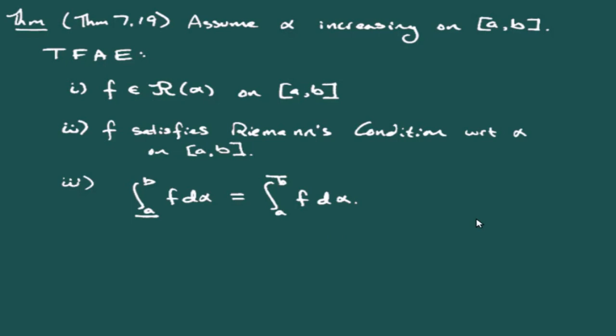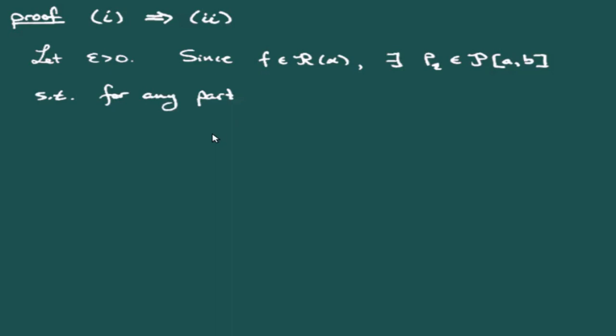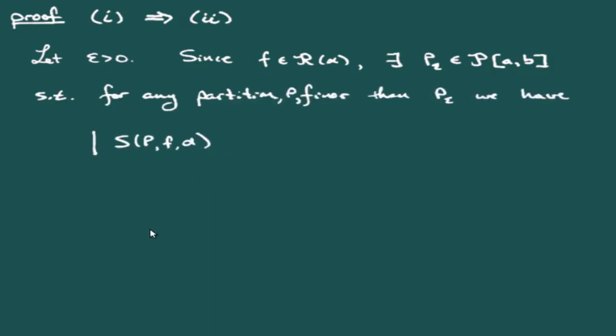So let's take a look at the proof to see why this might be true. We'll start out by proving that condition 1 implies condition 2. So let's assume that f is Riemann Stieltjes integrable with respect to alpha, and suppose that we've got epsilon greater than 0. Since it is Riemann Stieltjes integrable, there exists a partition P_epsilon of [a, b], such that if we take any other partition P that is finer than P_epsilon, then the absolute value